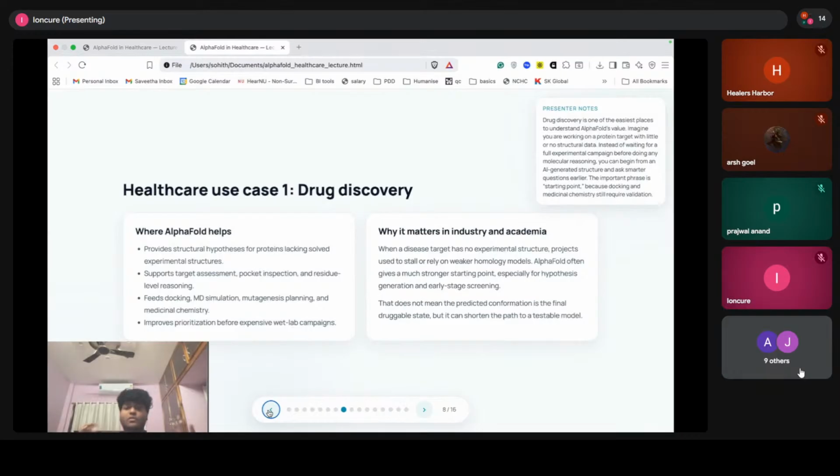So now we'll talk about the use cases, and drug discovery is one of the easiest places that AlphaFold penetrates. That is where AlphaFold holds value. Imagine you're working on a protein target with little or no structural data. Instead of waiting for the full experimental data from the lab, you can start doing something with the AI generated structure. You can ask smarter questions earlier. The important phrase here is a starting point, because docking and medicinal chemistry still require validation. If you get that structure, do the docking, do the simulation, you could still go forward with the help of the AlphaFold structure. But that is not entirely the case because